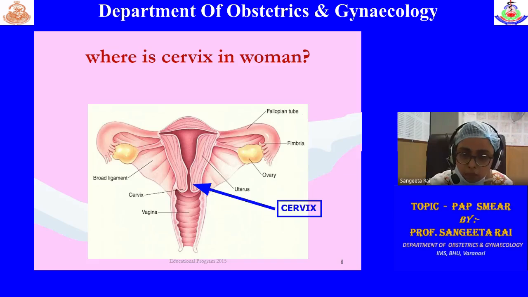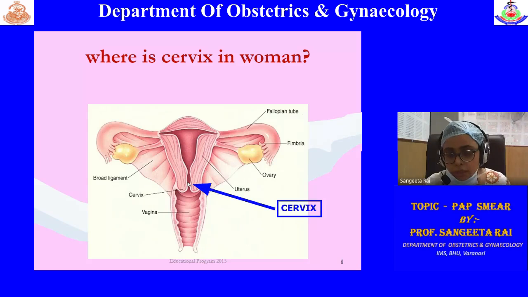As we can appreciate, during growth and the reproductive period, the whole of the transformation zone can easily be appreciated when you examine the cervix. But again, in perimenopause and the postmenopausal stage, the cervix becomes indrawn. So the ectocervix and the endocervix, which was outside, go inside. So the transformation zone is slightly inside. You cannot see the transformation zone completely now.